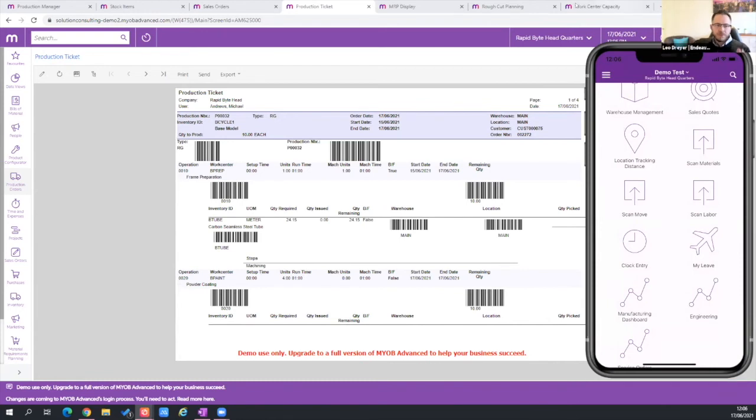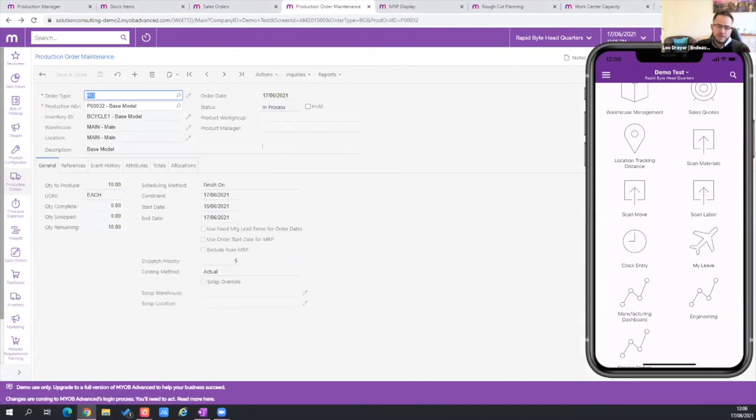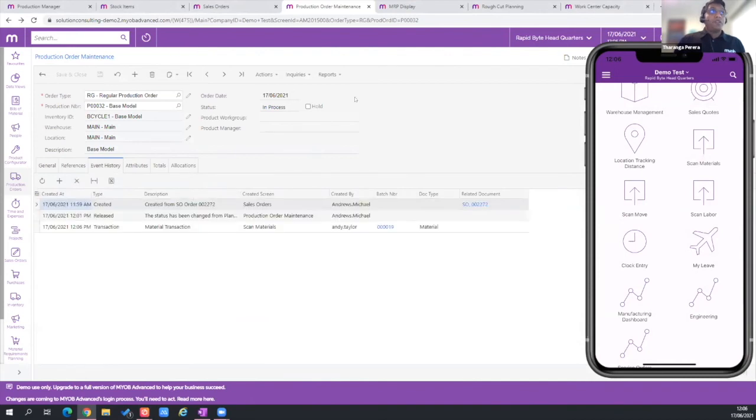So people know it's being built, but we don't know where it is at. The idea behind this is using the app or any other device, whether it's a laptop or an iPad, to walk around and actually have data being collected as it happens, correct? Yeah, and you can see now, if you go back into the events history of this production order,